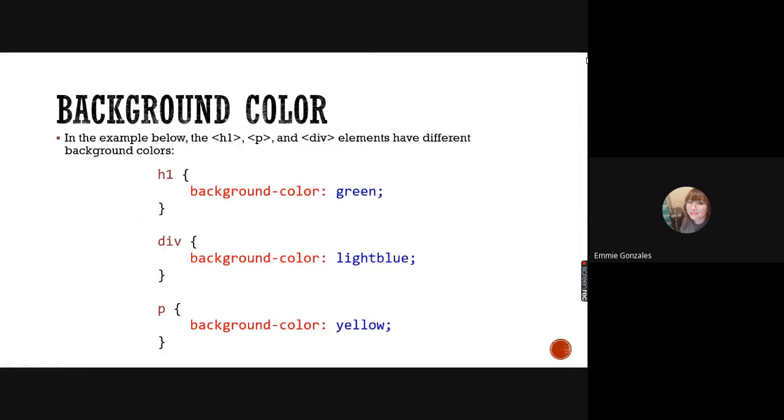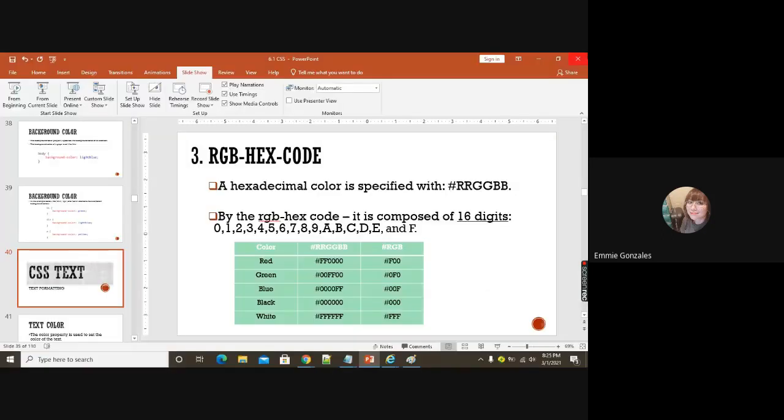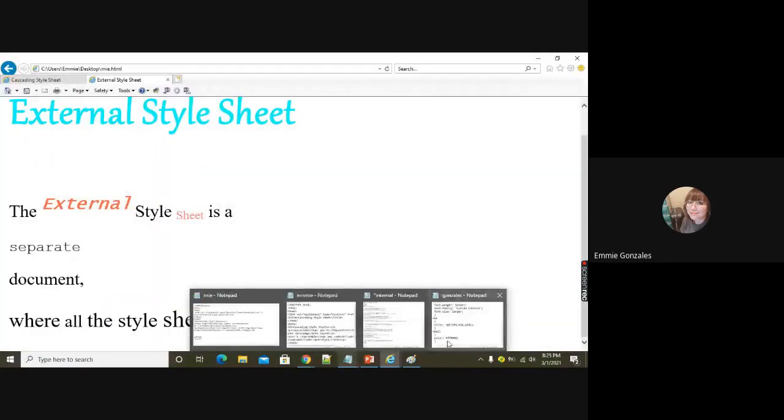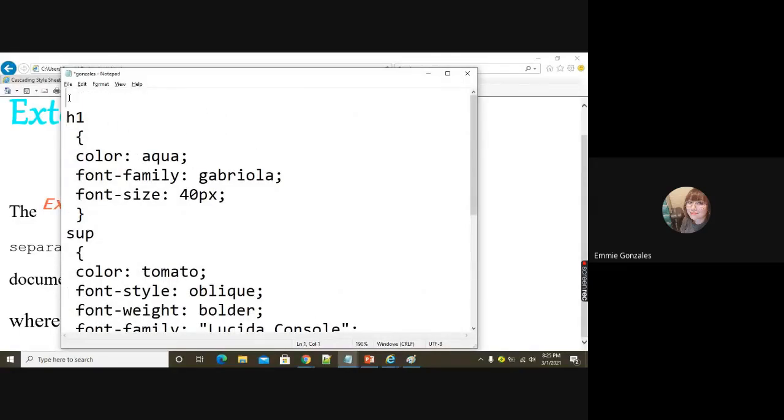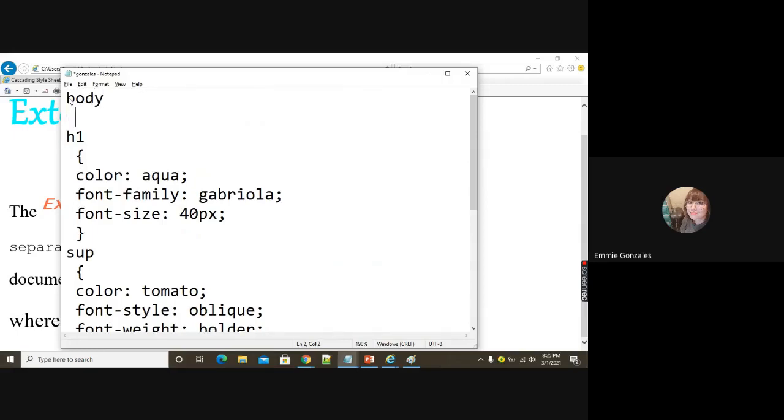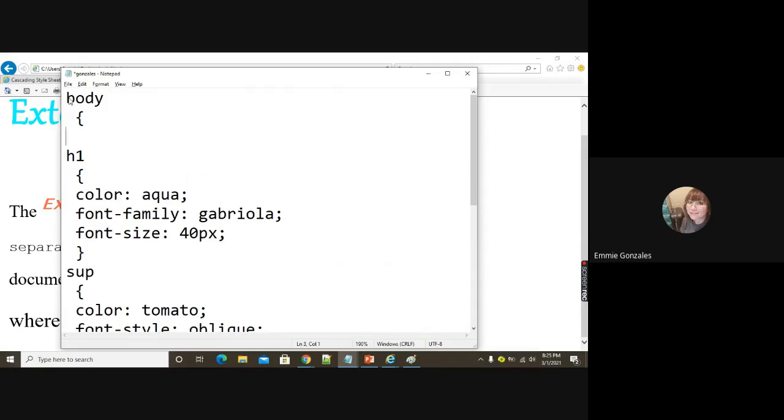Background color. That is for the selector. For example, here, I want to apply background color. Just put body here. Instead of going to the body section, just declare body here because you want to change your web page color instead of white. So you can change it. Background dash color. For example, I want to use here